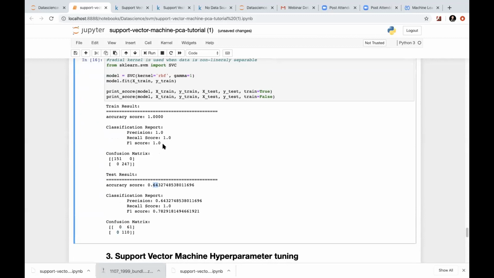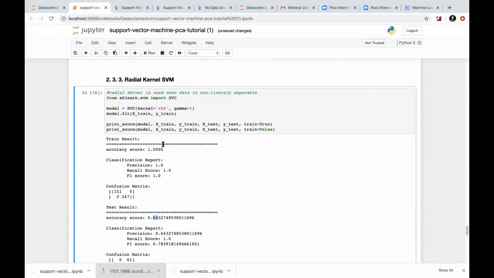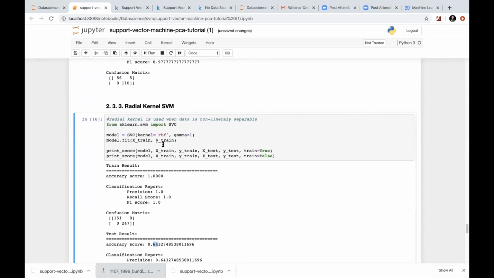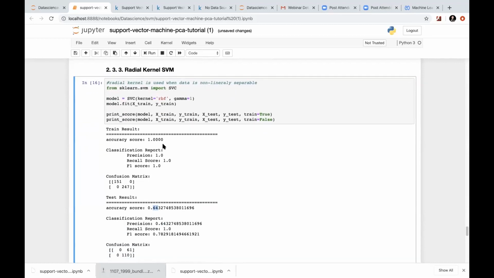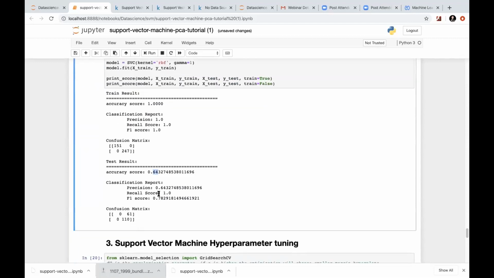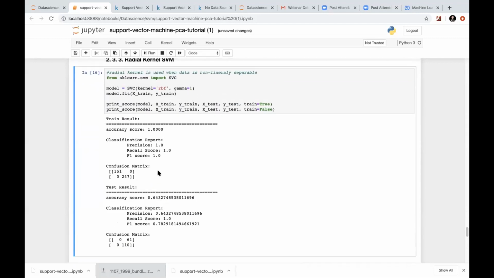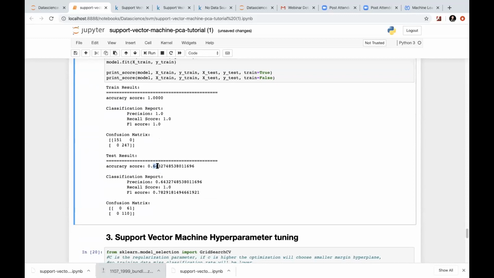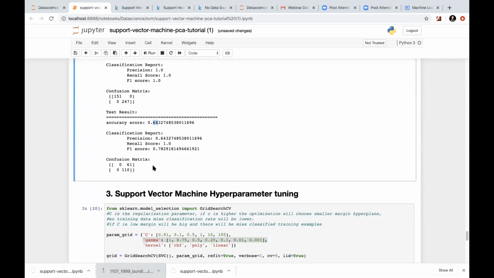So why I have shown all three kinds of SVM on this data set is because initially I showed you that all points are majorly having linear dependency on our target variable. That's why I told you that linear models, linear SVM will work better. Now if you apply radial SVM, it is a kind of non-linear SVM, right? And it will not perform well on this data set. That's why it is giving some accuracy, but it is not as great as what linear models could give.